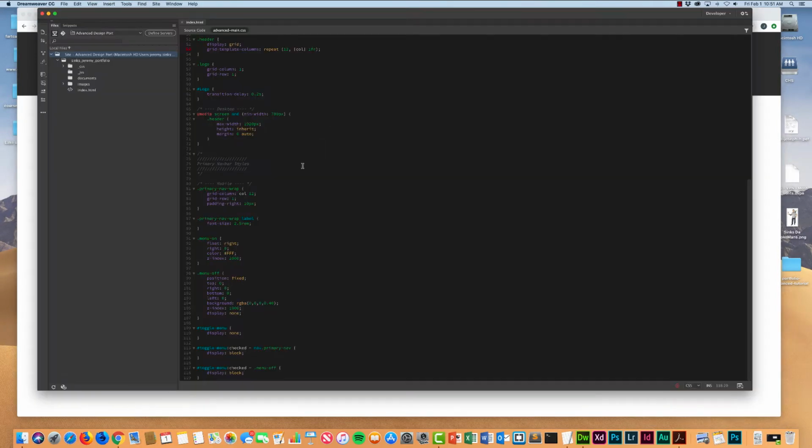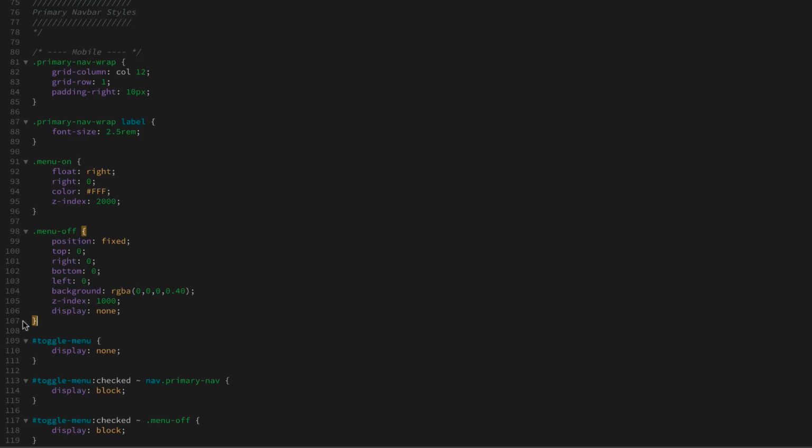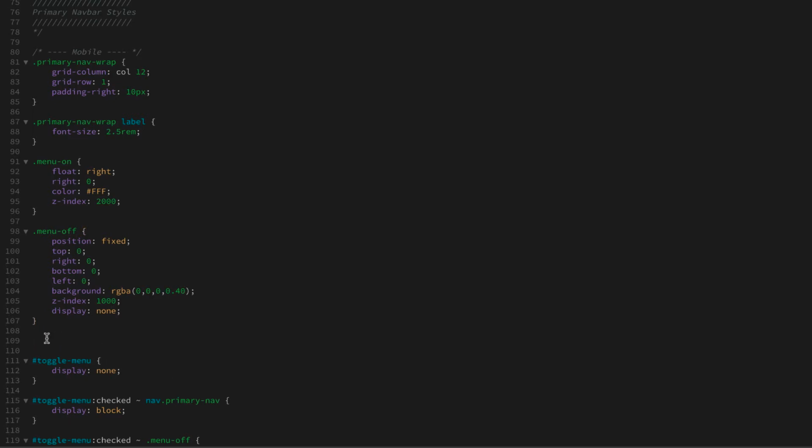So we're going to come back over here, and I'm going to add this little bit of styling beneath the menu off class. So I have my cursor right after that curly brace somewhere around line 107 on mine, and I'm going to hit the enter return key so I have some space in between there. Okay, so what we're going to do is style the nav tag and that class primary nav. So nav class primary nav, and it's already in my code hint because I've been using it,